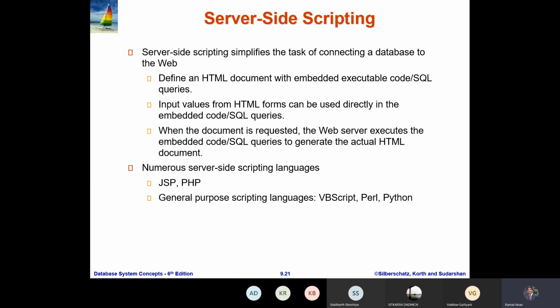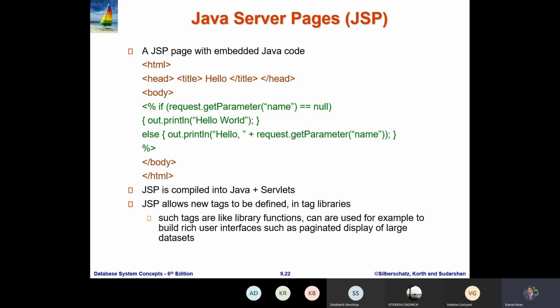Server-side scripting language, as we have discussed, there are a number of scripting programming languages for a website or application, like HTML, VBScript, Perl, and Python. JSP, Java Server Pages, is a page embedded with Java code.